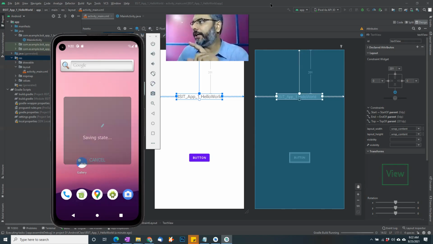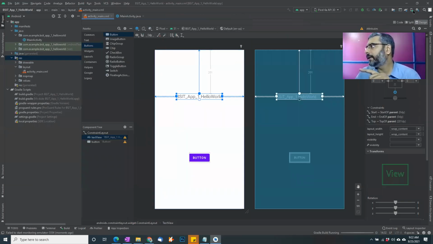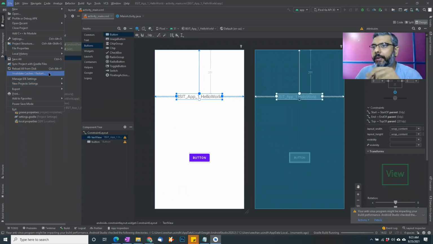Let it close. I need to come back into my code. Sometimes what we do is I need to clear my settings. Somewhere here there was a button to clear my settings, and file. This one, invalidate cache and restart.